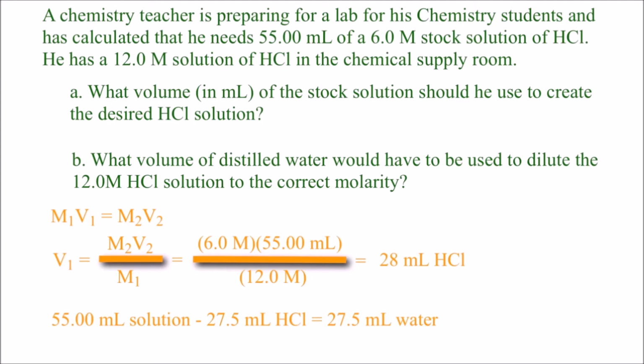Remember, our significant digit rules are different when we do addition and subtraction. In that case, we answer with the fewest number of decimal places. This one goes out to the tenths place, this one goes out to the hundredths. That means our answer needs to go out to the tenths place. So this actually is the final answer for part B, and this one's the final answer for part A. Now, in an actual lab situation, if you were really doing this, you would want to do the 27.5 for